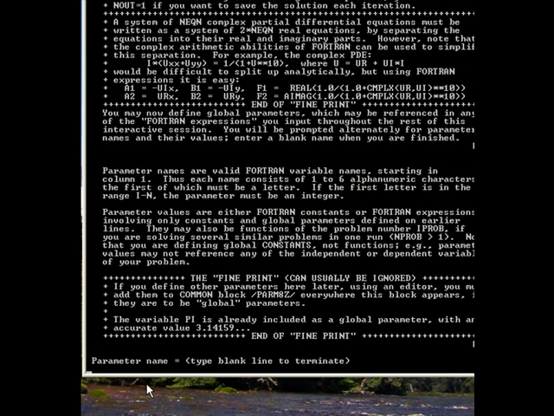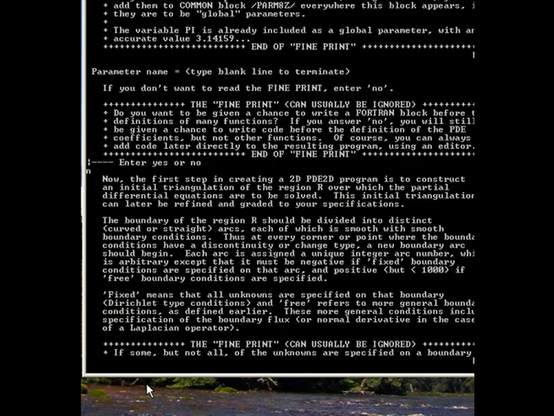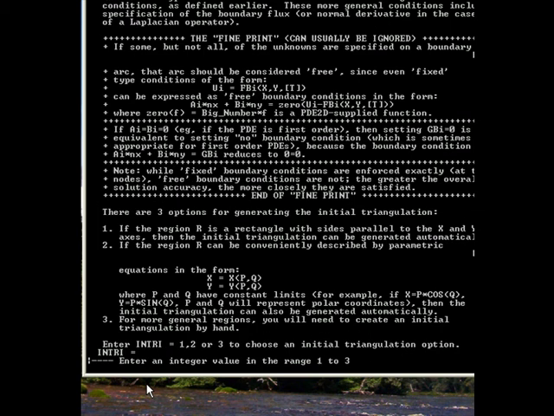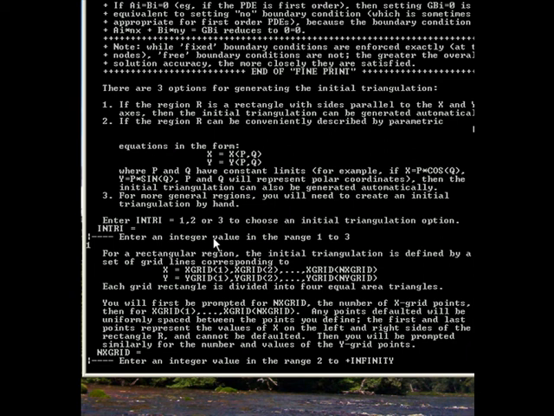Okay, parameters. There really aren't any parameters, are there? So forget that. Okay, now since this is a Galerkin method, we're going to have to define the initial triangulation. Fortunately, it's a square, a rectangle. That's real easy. It'll do the triangulation for you automatically. So we'll take option 1, which is a rectangle, and then you don't have to worry about the initial triangulation. So option 1 says it's a rectangle, and we just need to give an x grid and y grid,